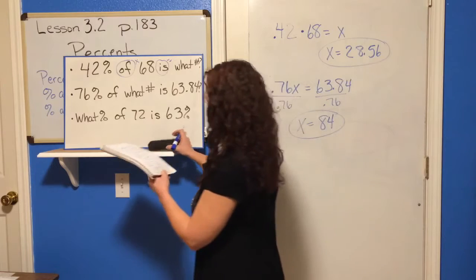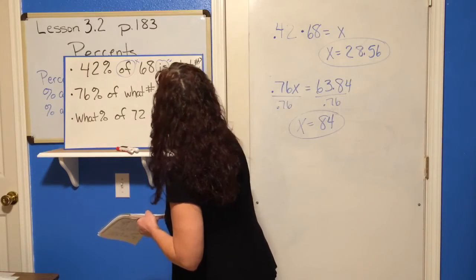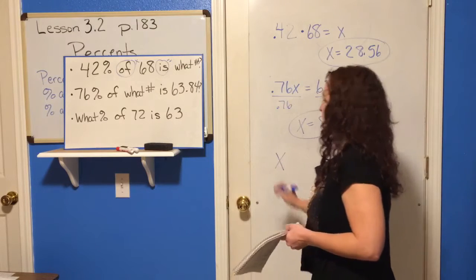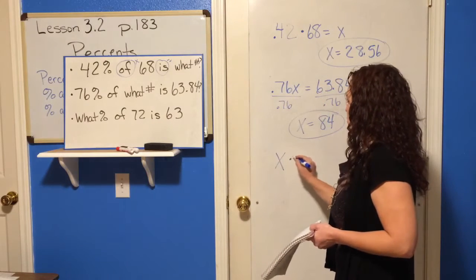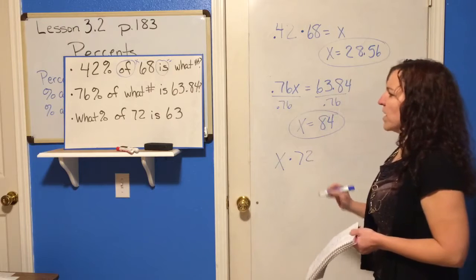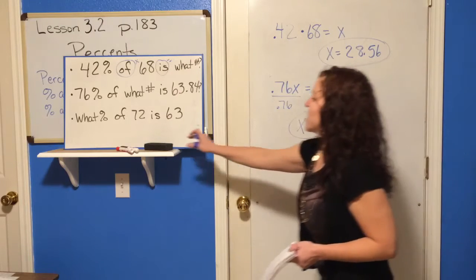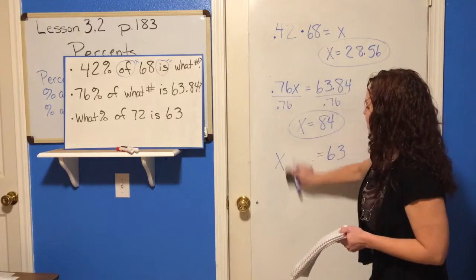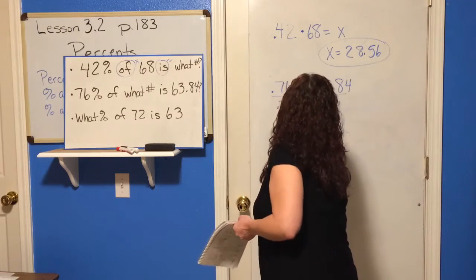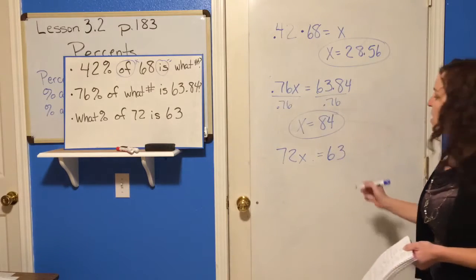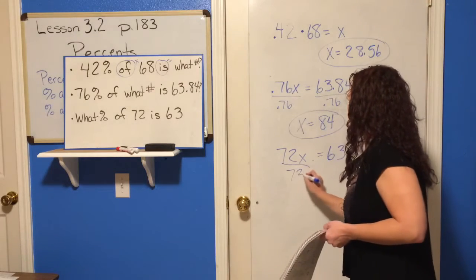The next one, what percent of 72 is 63? I don't think I needed that to be percent. That just is 63 because it's not a percent. There we go. What percent, so that's our x, of 72, so times 72 is, there's our equal, is 63. And if you wanted to neaten that up, then you just change that to 72x. So 72x equals 63. So when you divide this,